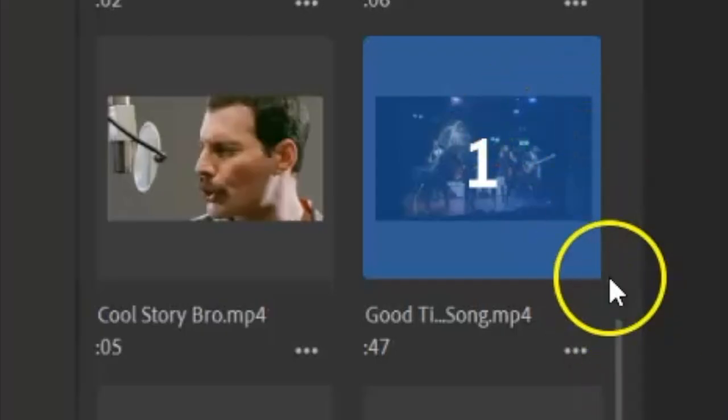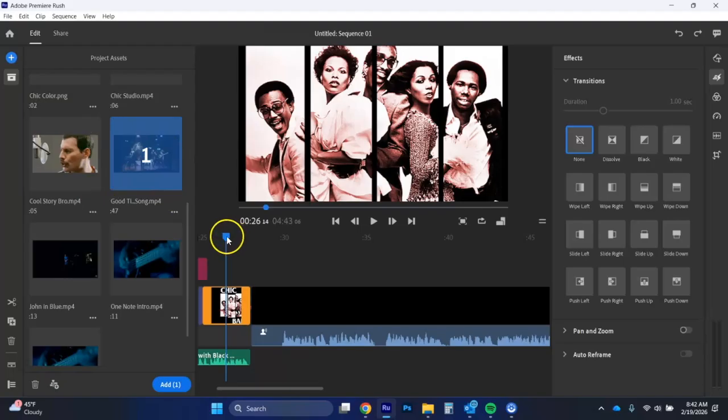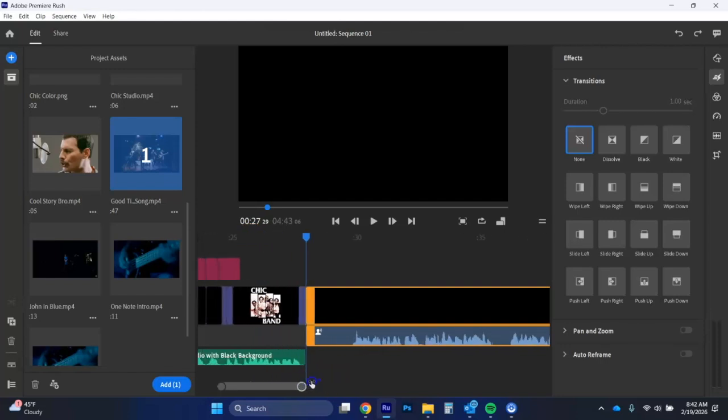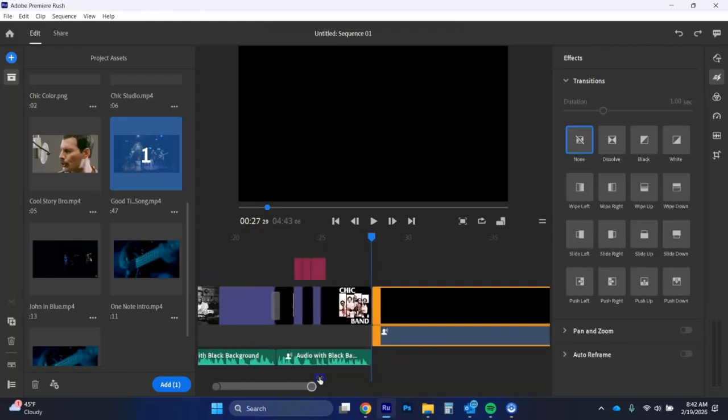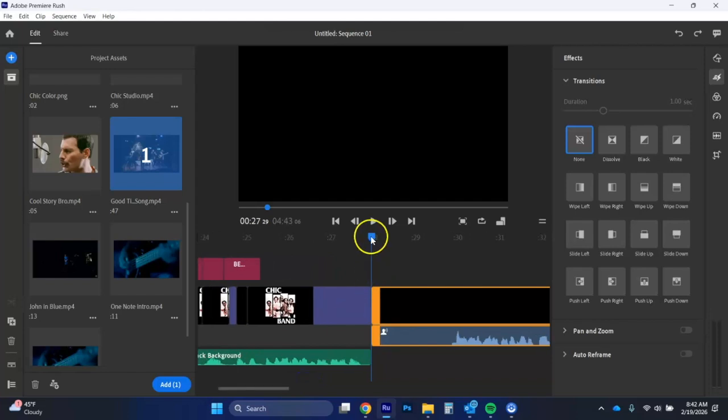And once you click it, you'll see the number 1. This is the file you want to add. So right at the end of those 3 beats, right before the next audio clip starts, put your playhead right between these 2 because we want the song to come in right here. So move the playhead to the end of those 3 beats, and if you need to zoom in a little closer with the circle on that slider to make sure that's where you are.